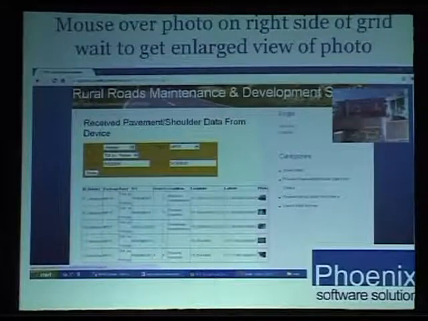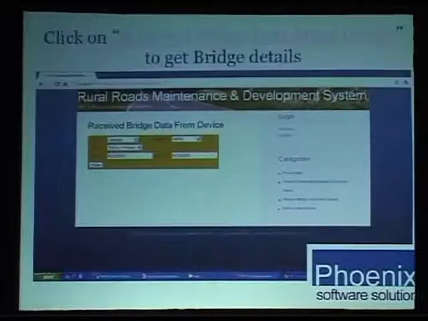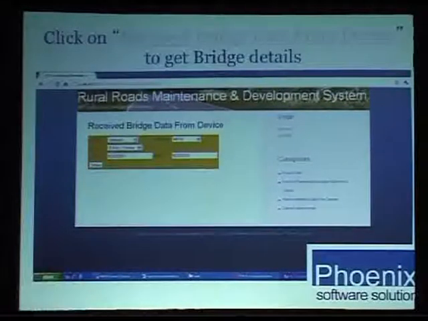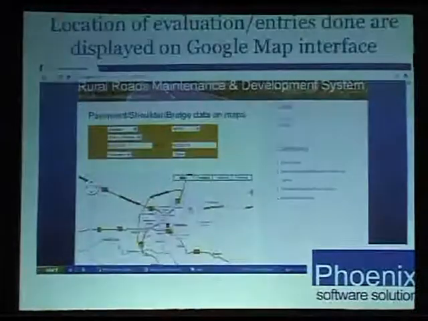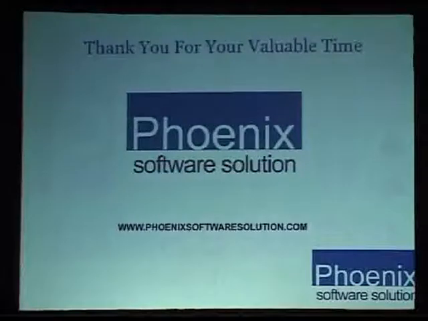When we click on the photographs, it zooms and shows the real-time photograph. Again, this is for bridge data, and this information gets shown on Google Maps. So these are the key points of our software that tell whether the photograph is real or not. Suppose I take a photograph from Jabalpur location and claim that this is a photograph of Katni location, it will flash over here that this is a wrong photograph. So this is the software.